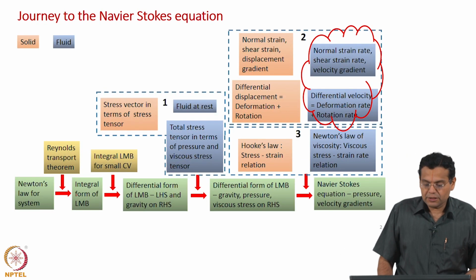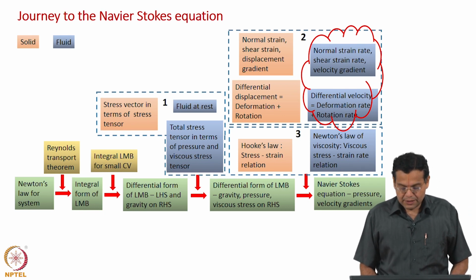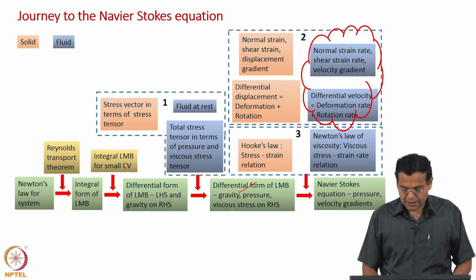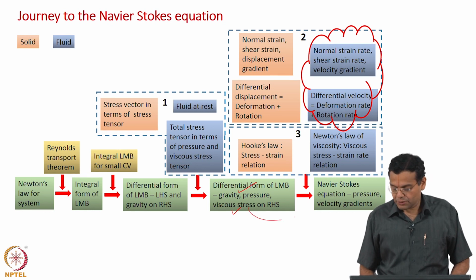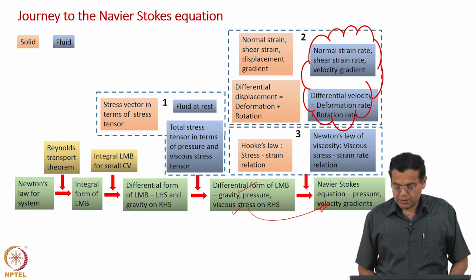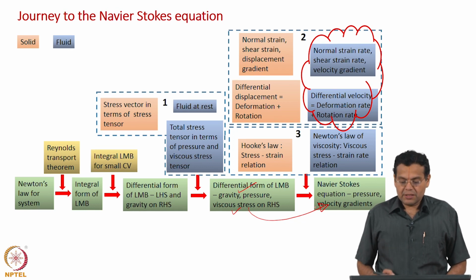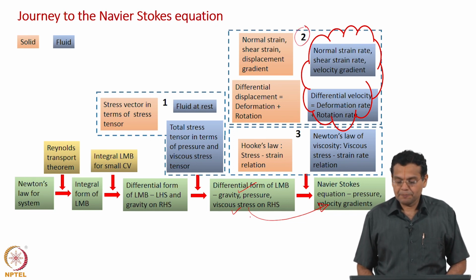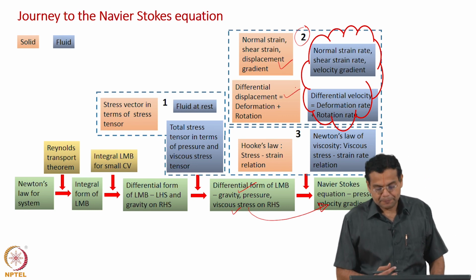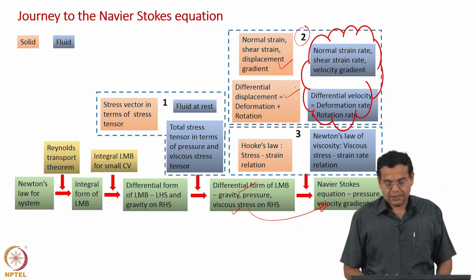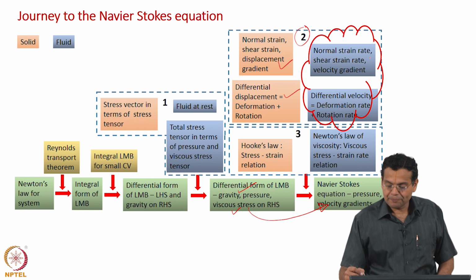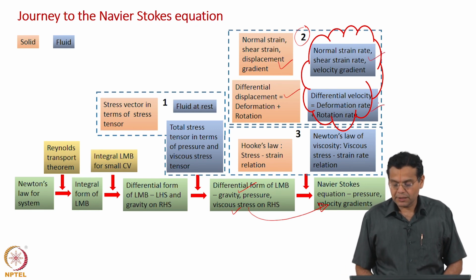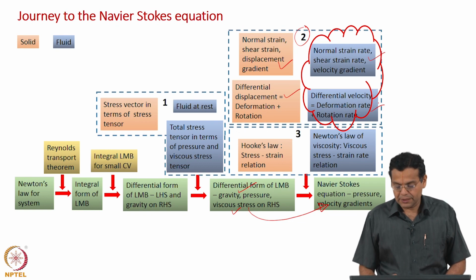In terms of our journey to the Navier-Stokes, we derived the differential form of the linear momentum balance with the viscous stresses on the right hand side. They need to be related to the velocity gradients. To understand velocity gradients, we first understood displacement gradient by taking a diversion to solid mechanics, and then we discussed these two blocks: strain, displacement gradient, strain tensor, rotation tensor, etc. Now, we are going to analogously discuss these two blocks for fluid mechanics. The highlighted two blocks are going to be discussed now.